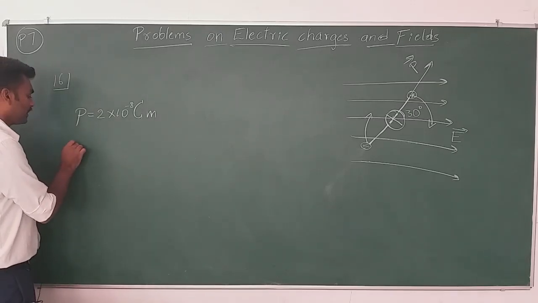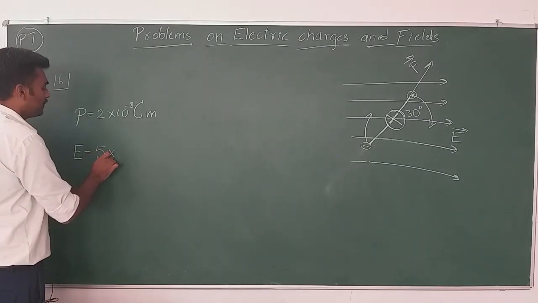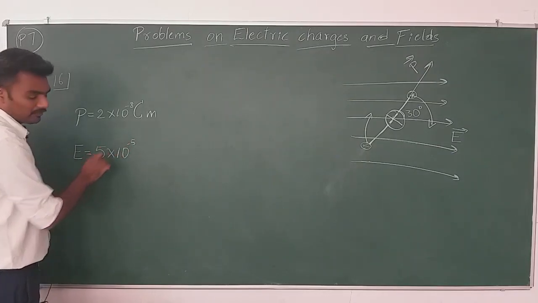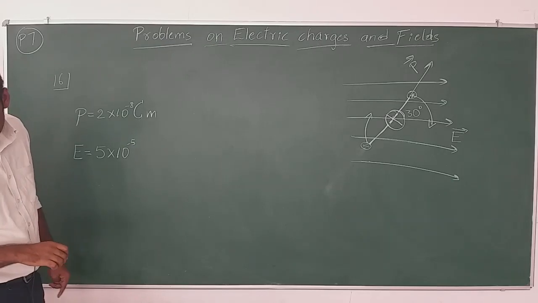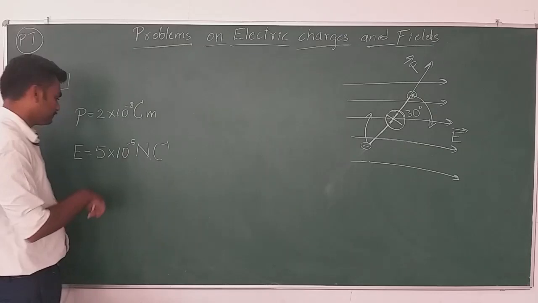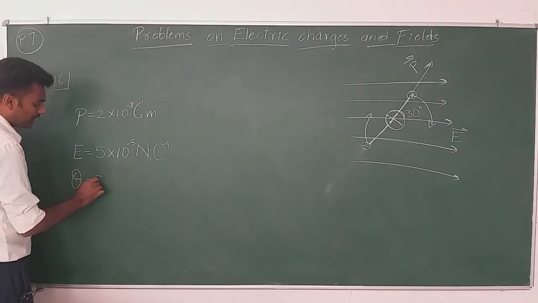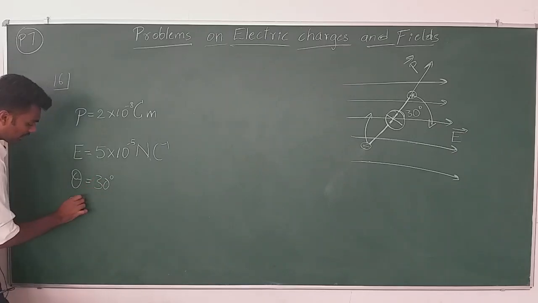The external electric field E is equal to 5 into 10 to the power of minus 5 Newton per coulomb, and the angle between them is also given, 30 degree. They are asking us to find